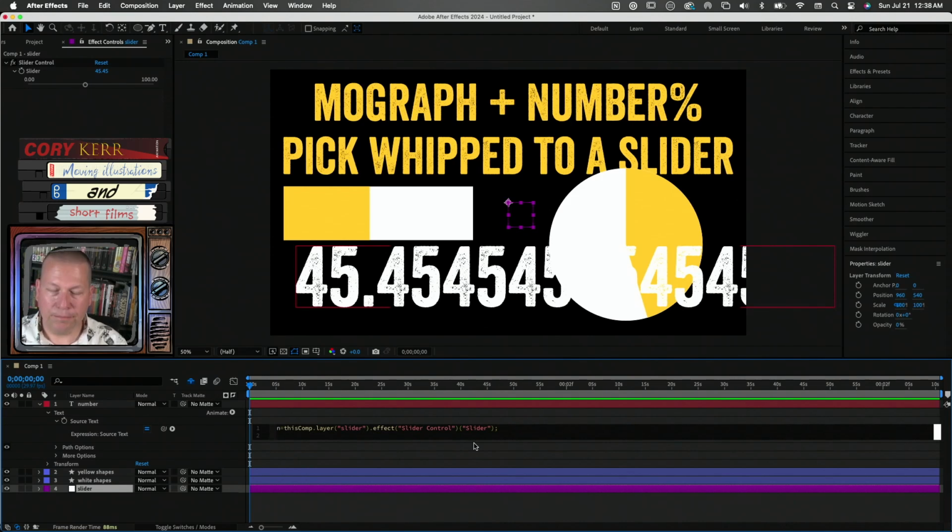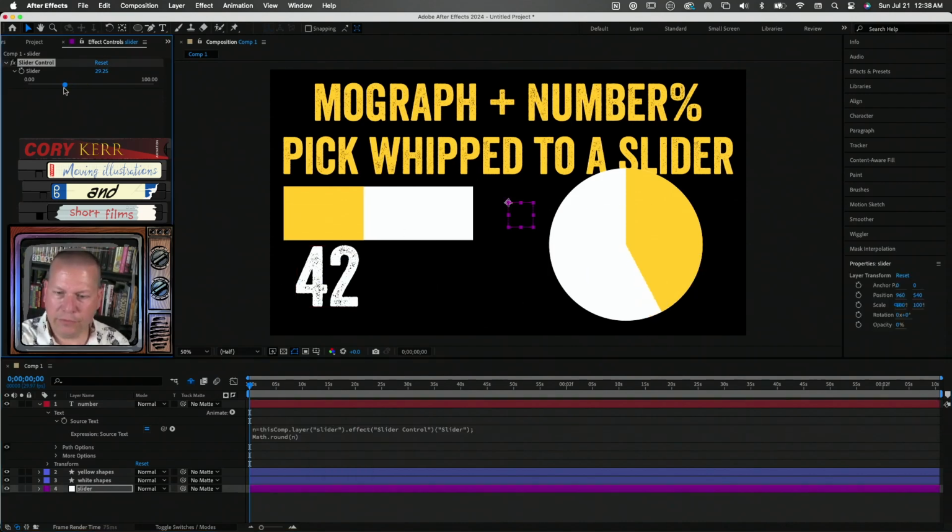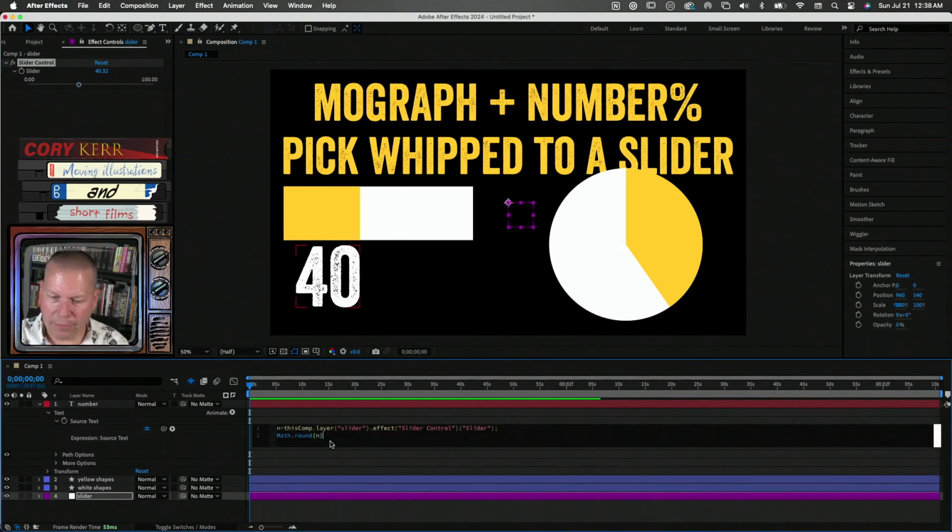And then down here, I'm going to write an expression that will round this number. I'm going to say Math.round, and then inside of that round, I'm going to put the letter n. Now, if I click away like this, you'll see that it gets rid of all those decimals, and it's just a nice round number now. So that's pretty sweet,